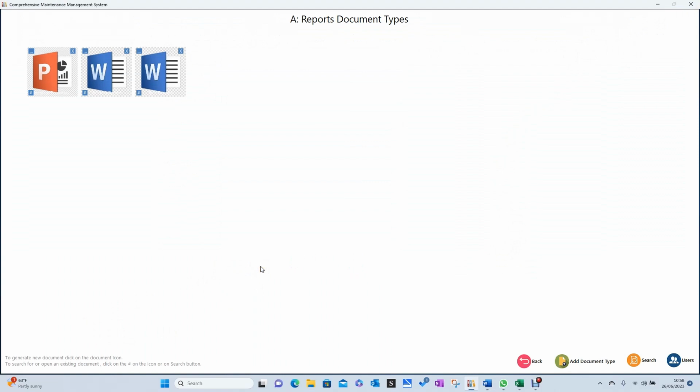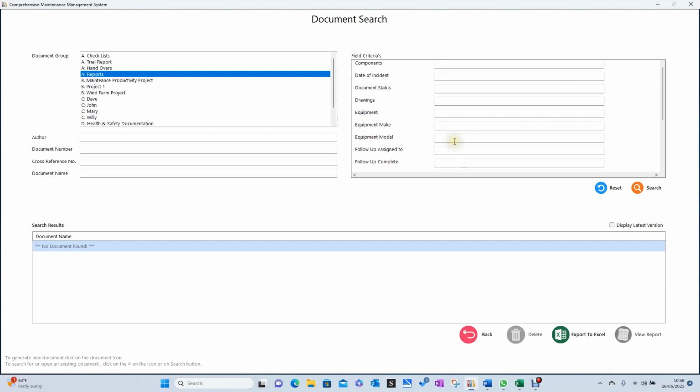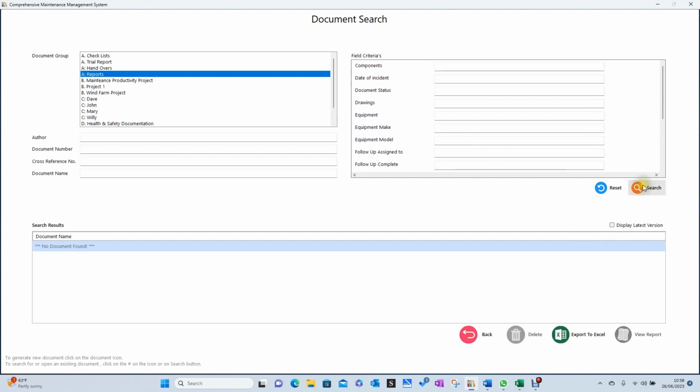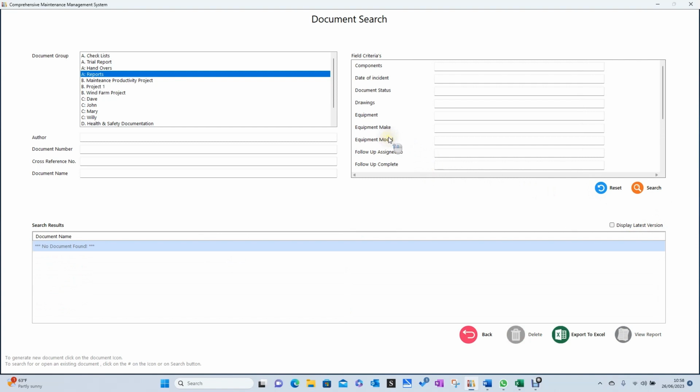So now, what if I'm trying to find some information or to carry on with that report? So I click on search here. So let's have a look what I might want to do. So let me just sit here, search. So that's all the documents that are in the database that I could find. So I'll just clear that just now because I really just want to